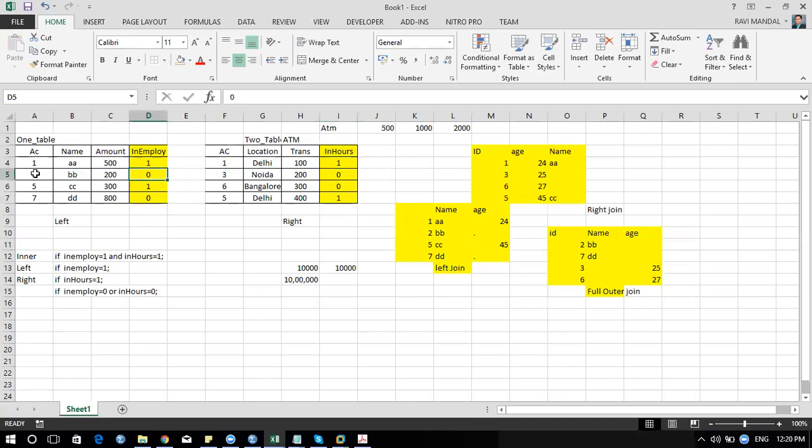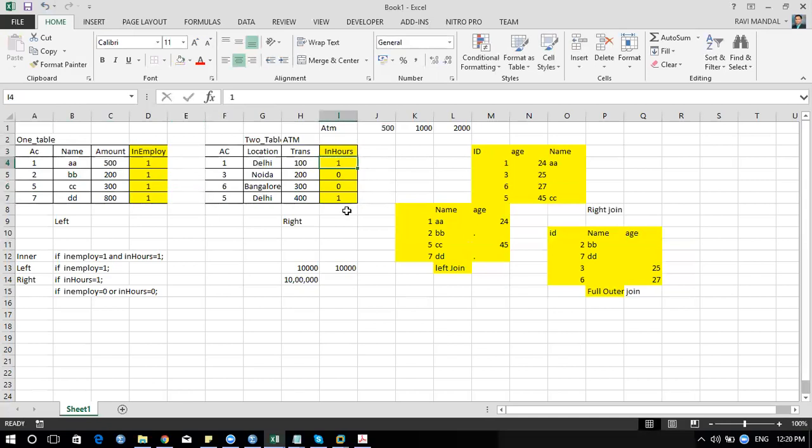If this second account is available here but not available here, we'll put 1 here and 0 here. Correct. Because this is not available. So I put that I am present, but this is not available over here. Getting it? In another case I'm saying 5 is available with me. Is it available over here? So I can say okay, 1 1. I said 7 0 0. So it means I'm going to conclude over here that we have everything over here, not there.